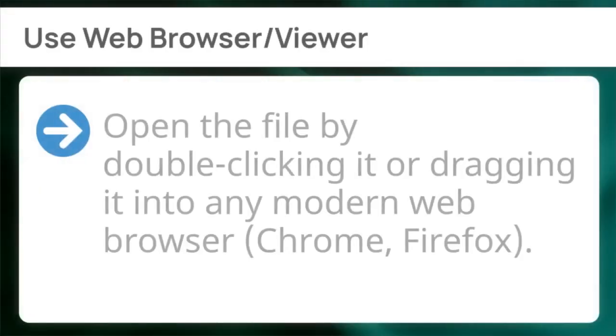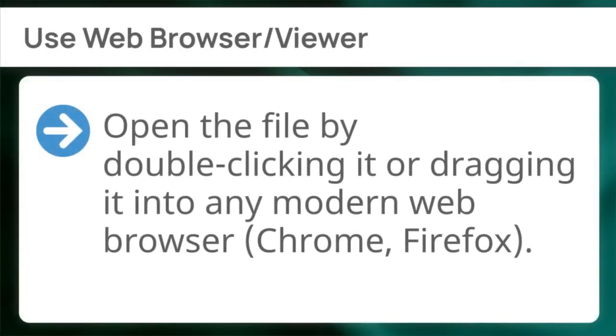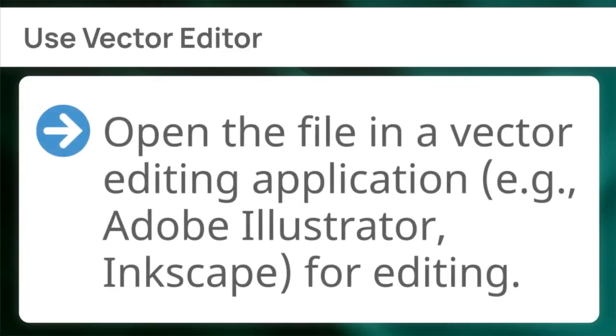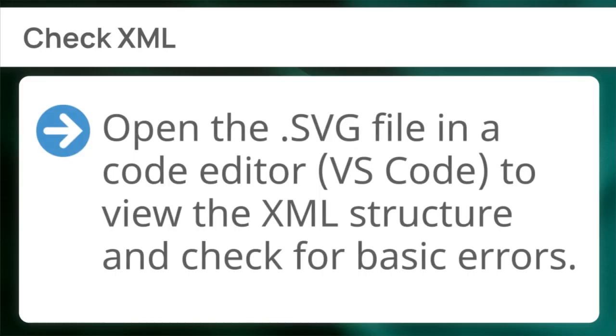First, use a web browser as a viewer. Open the file by double-clicking it or dragging it into any modern web browser, Chrome, Firefox. Next, use a vector editor. Open the file in a vector editing application, e.g. Adobe Illustrator, Inkscape, for editing. Finally, check the XML. Open the SVG file in a code editor, VS Code, to view the XML structure and check